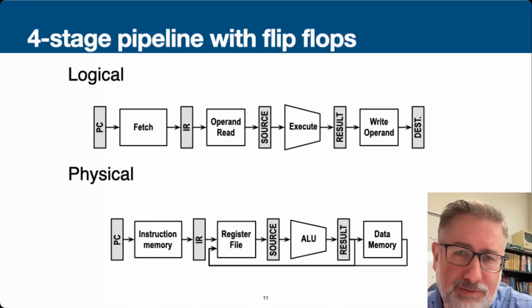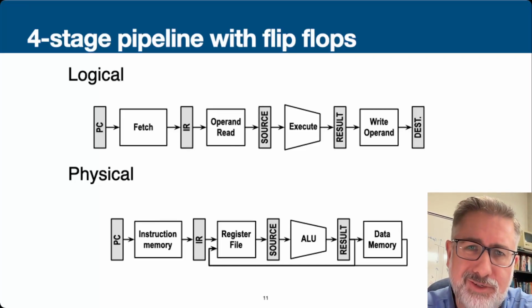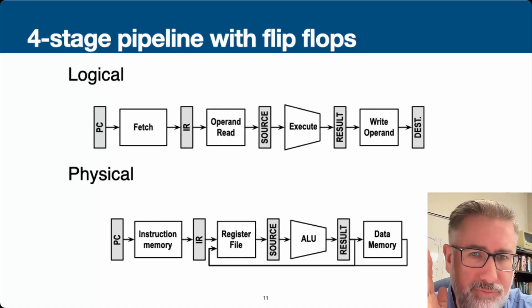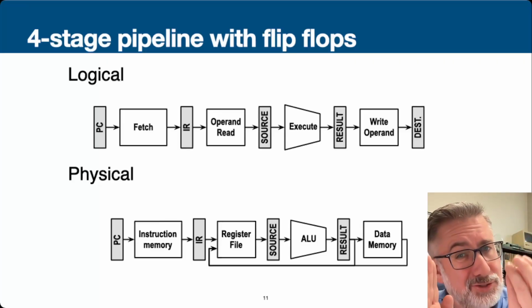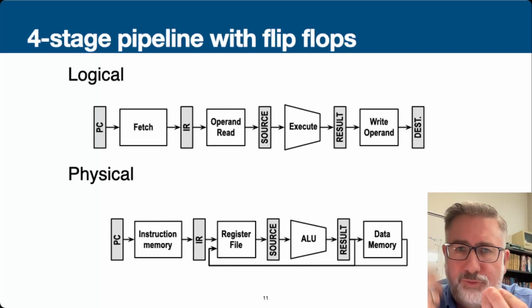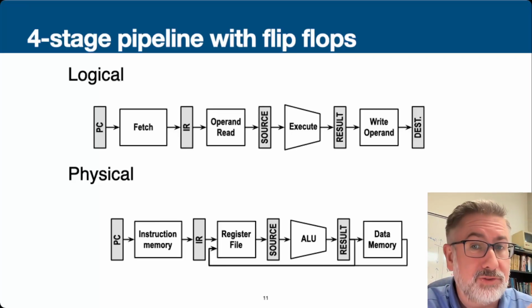So holding it in the program counter and then holding the result in the instruction register. And then we just do that again. We hold the information for the register file in the instruction register, and then we need to insert a register between the register file and the ALU to hold the result of fetching those operands. Then we need a register to hold the result of the ALU,